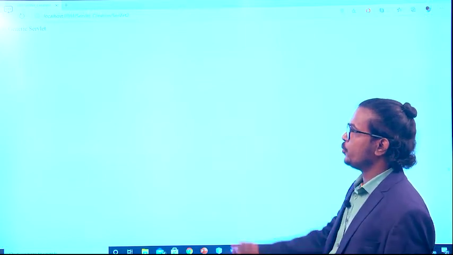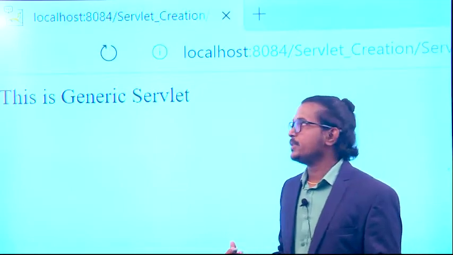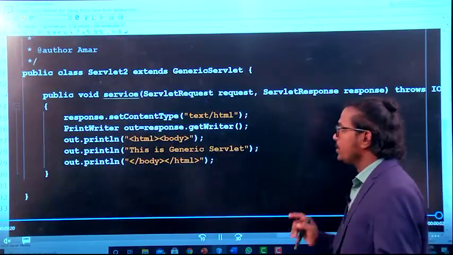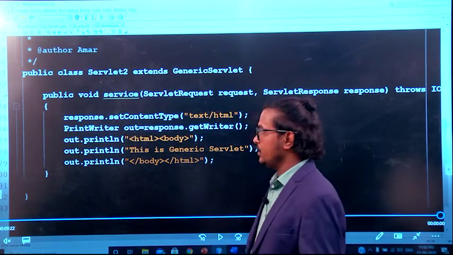Now we will see the output here. This is a generic servlet. I am just printing some text message there. So this is about the generic servlet and the HTTP servlet. Thank you.